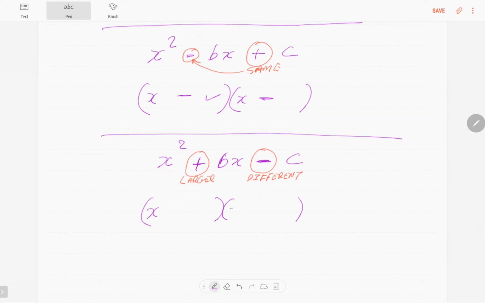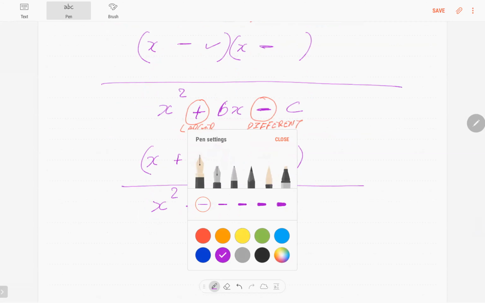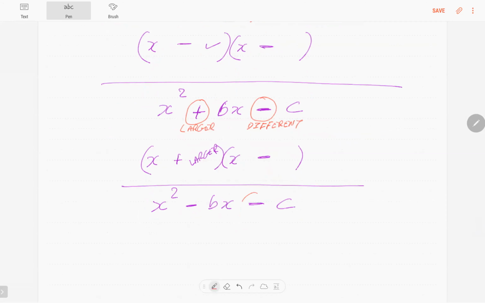So it would be x and x. And then the signs in the bracket will be different. One will be a plus, one will be minus. And I would have to put my larger factor of c to go there. All right. If it was x squared minus bx minus c, again, this would tell me that the signs in